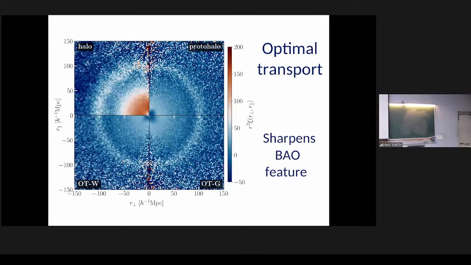Let's look at the optimal transport reconstructions of the correlation function. This was in real space. This was the one quadrant that I showed you before of the whole thing. This is what we want to reach. We want to be like a proto-halo. These are the two versions of the reconstruction that we do. The thing you want to look for is the nonlinear. This one is kind of fuzzy. It started out as something quite neat, and you want to see if the reconstructed thing is neater than this. That will mean that the BAO is sharper. The BAO is very sharp, and it worked quite well, it didn't shrink, all that stuff.